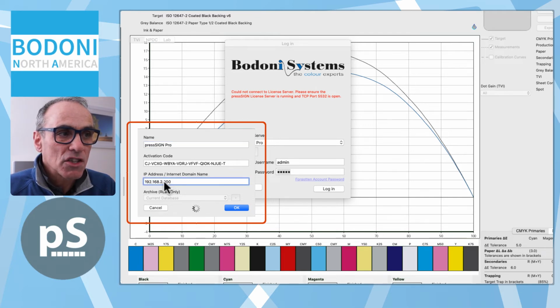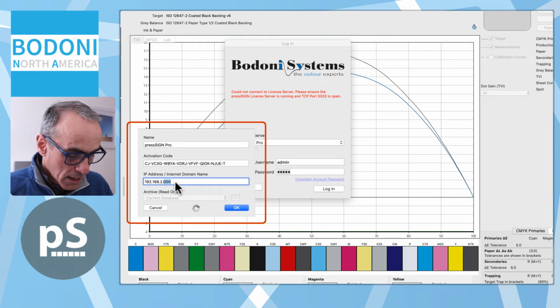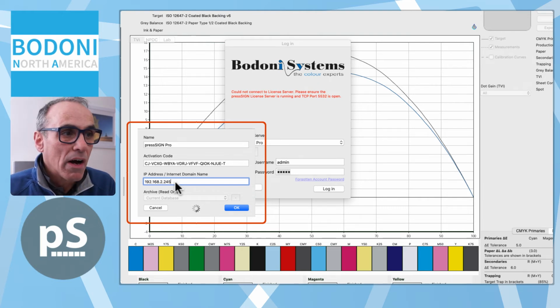The thing to do first is check the IP address. So in this situation, the IP address of the server has changed, so I need to change it to the correct IP address where the pressSIGN server is running. So in my situation, it's 245. If I now click on OK,